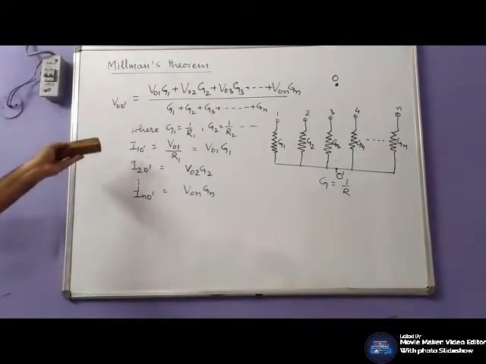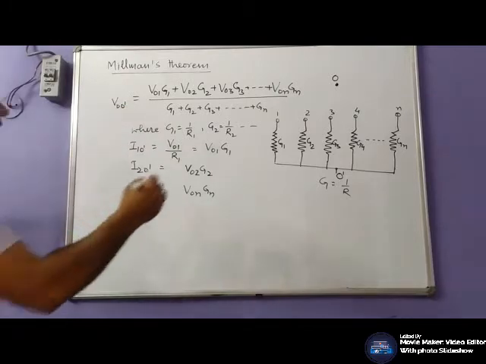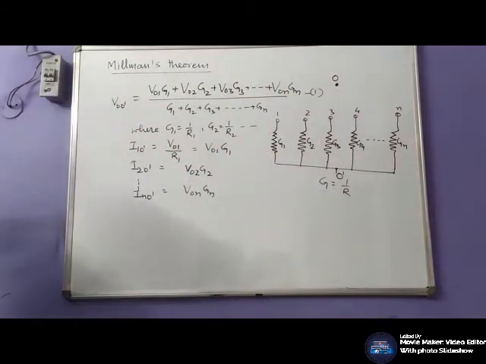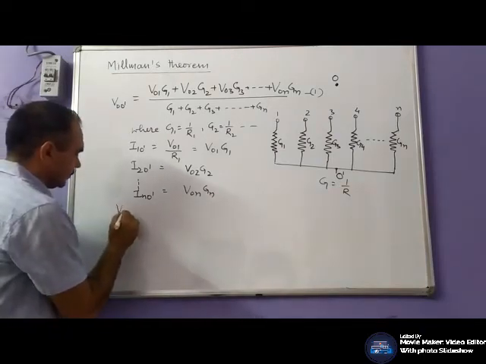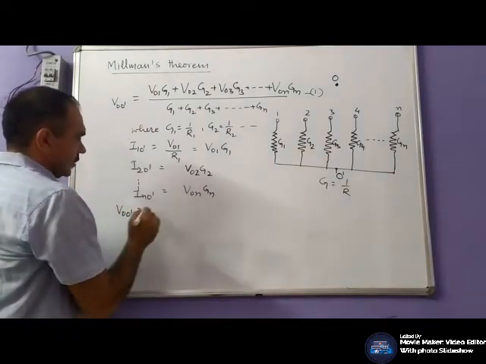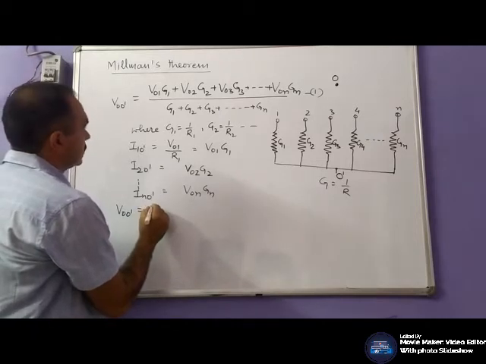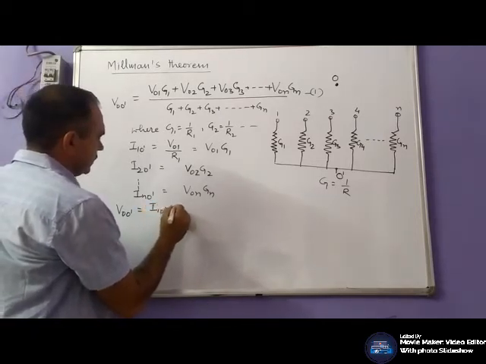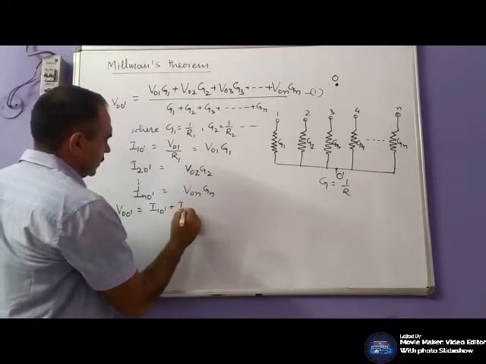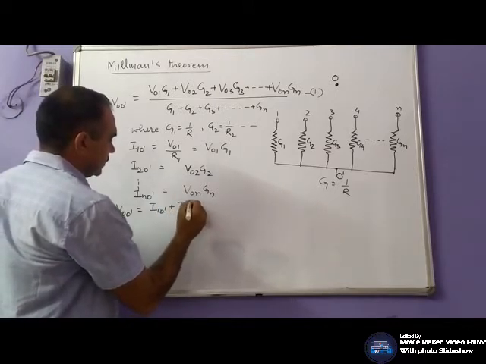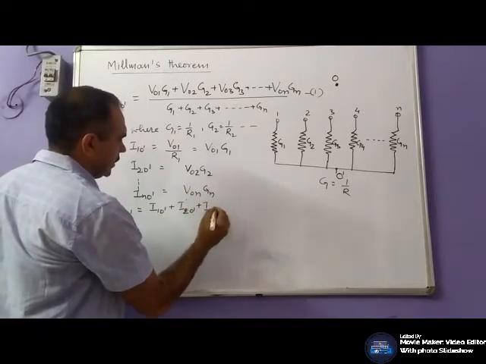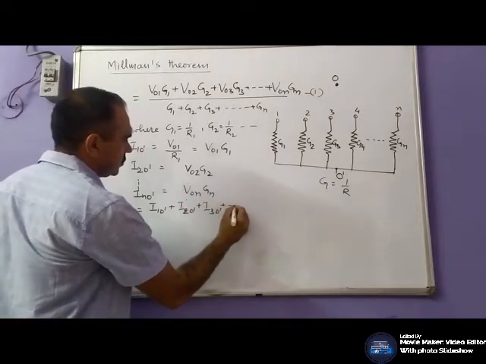So this equation, let this be equation number 1. This equation 1 can be written as I10 dash plus I20 dash plus I30 dash and so on,